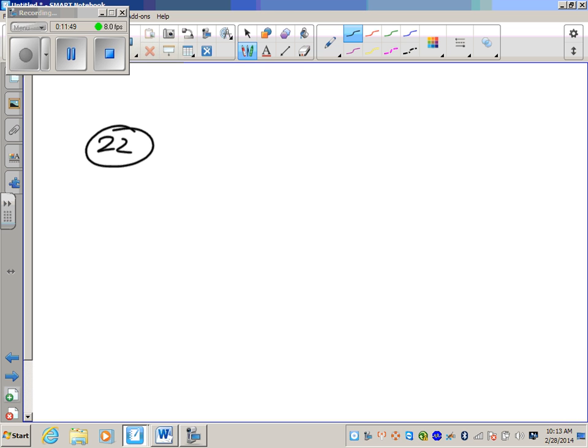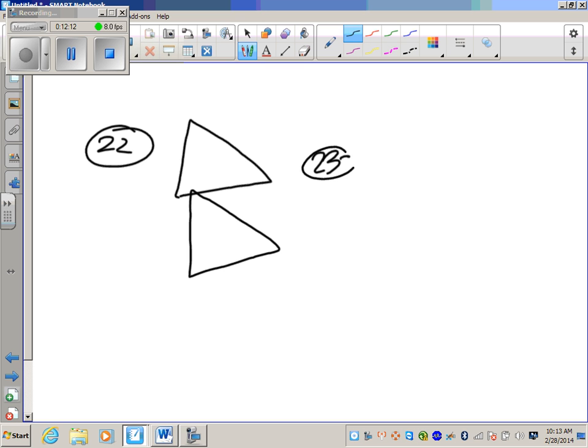So an acute scalene would be making sure that all of your angles are acute and making sure that none of the sides look like they're the same. I don't know if that looks like they're the same or not. That looks like a big Dorito, right? 23 is a right